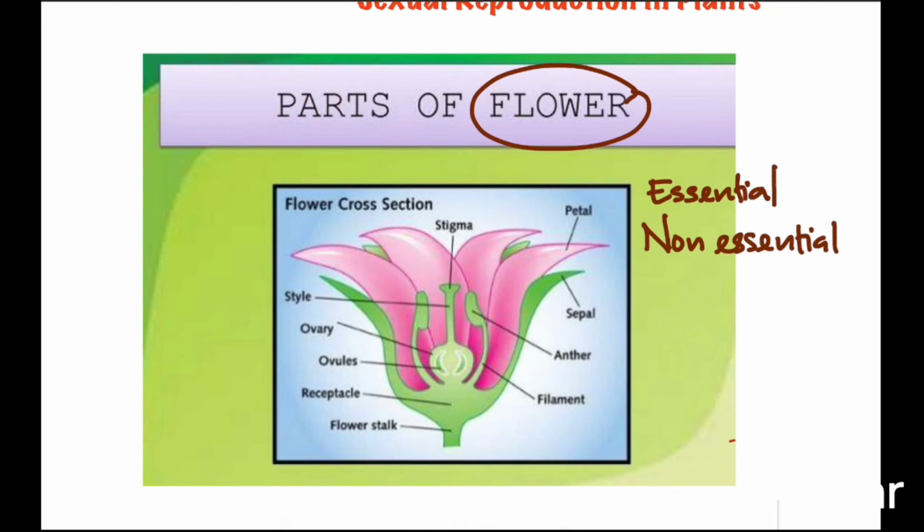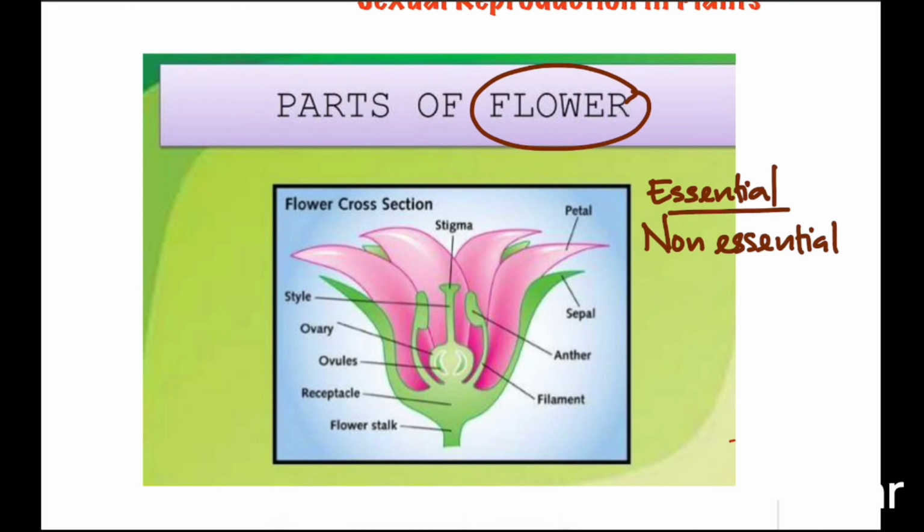Here you can see that we said the reproductive part is the flower. What is the main function of reproduction? Obviously, it is continuing the generation. So the essential part is very important for reproduction. Without that there will be no reproduction, which is why these are called essential whorls. The non-essential parts have their own role, but it is not compulsory. Without them also, reproduction can take place. So here we will discuss the essential part and the non-essential part.